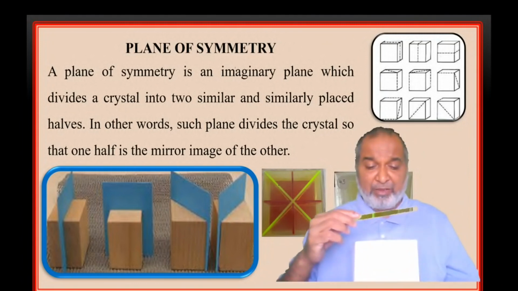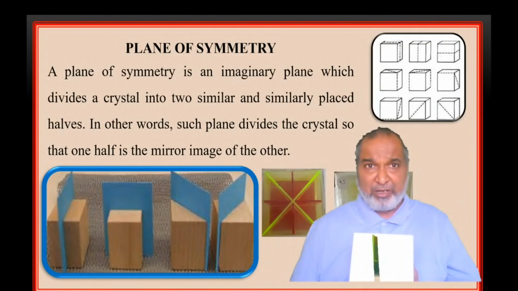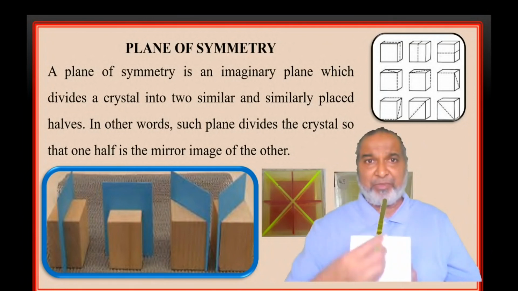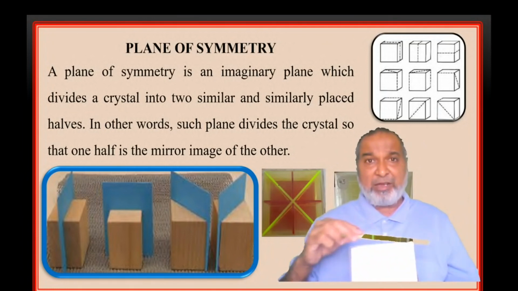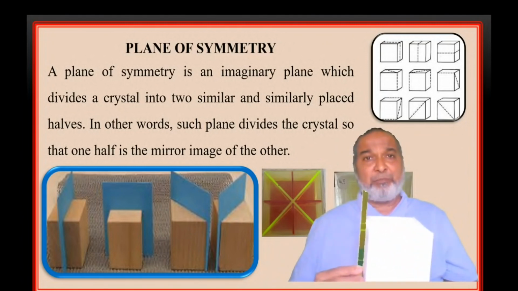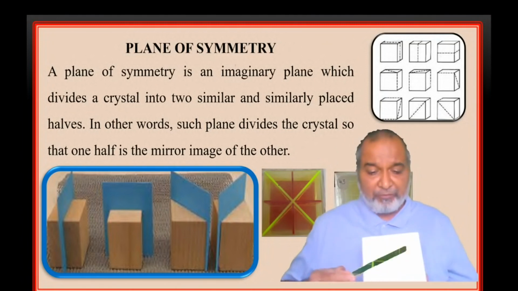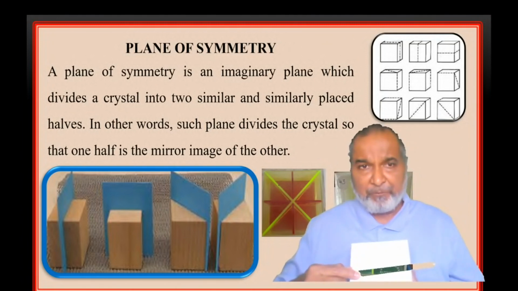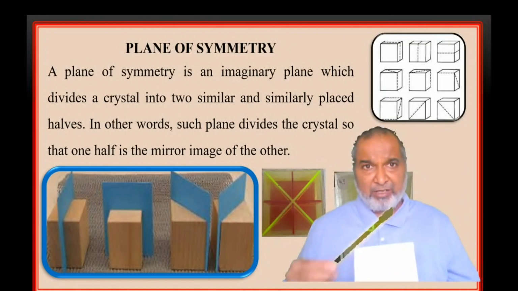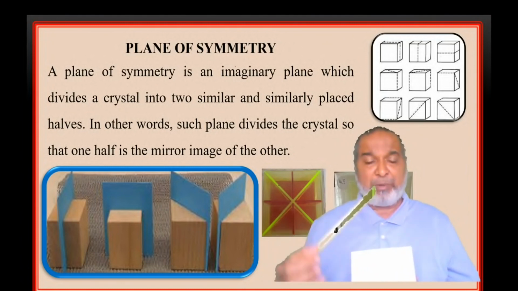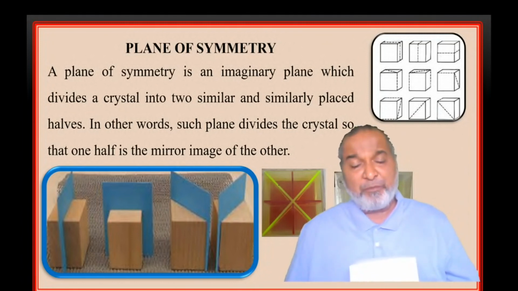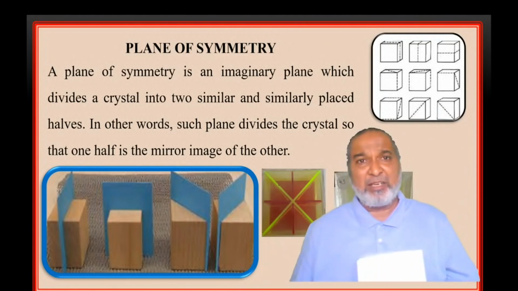Come to the next one, left to the right. The first one was from front to back; as the observer, from your side you go to the back. Next, left to the right, through the center of the face. You can see it exactly divides, so this is the second plane. Now what is the third one? The horizontal one. Here we have the first, this is the second, left to right, and this is the third. So there are three planes passing through the center of the crystal, and these are the principal ones.